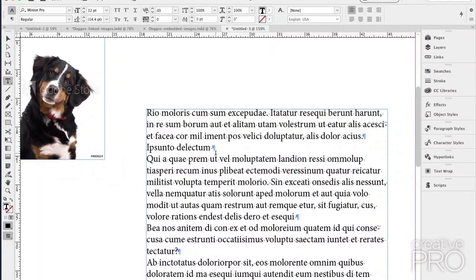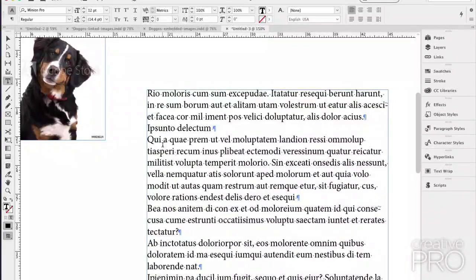A bunch of people jumped in with some solutions, and most people use the one that I posted about, which is you add a space before the first letter and then use kerning. So let me show you that.